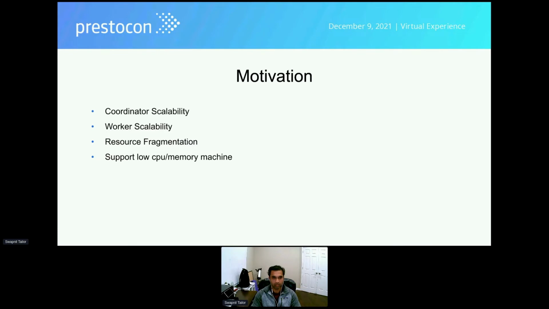So the motivation: in classic Presto, with an increase in the number of workers, the coordinator has the potential to slow down. Also, a coordinator can only support up to a certain number of workers in a cluster, which limits how big a cluster can get. To avoid this, we can have multiple smaller clusters, but that leads to resource fragmentation, as my colleague Abhishek has just mentioned in the previous talk. Also, at Meta, we are moving towards low memory CPU hardware. This makes reliable migration of our existing clusters to this new hardware challenging.